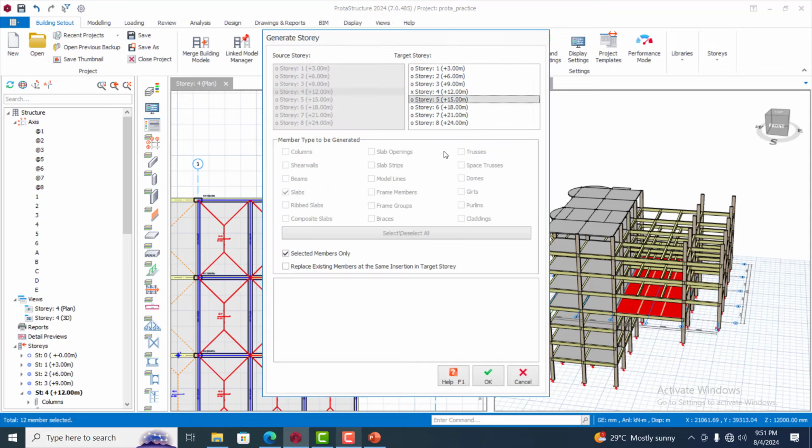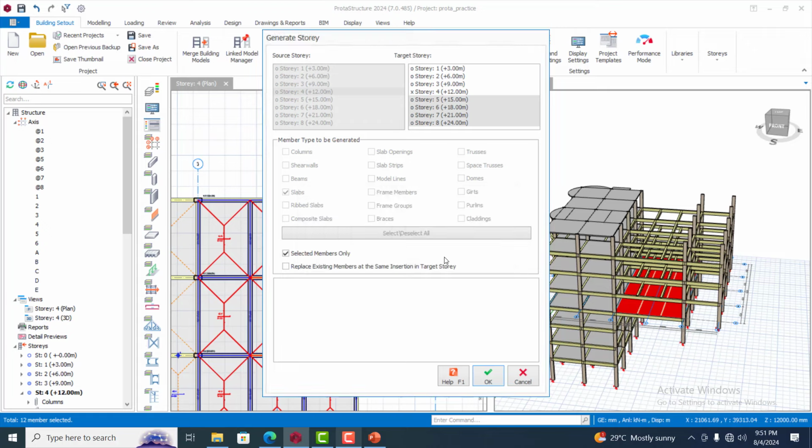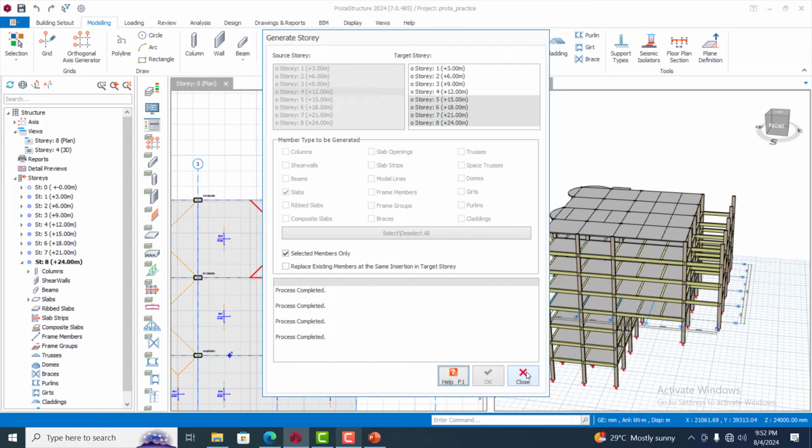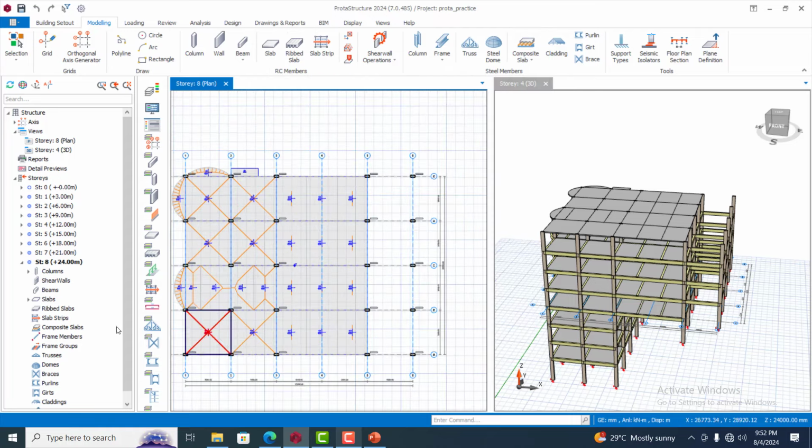And I will generate it to all these entire floors. So similarly for this,